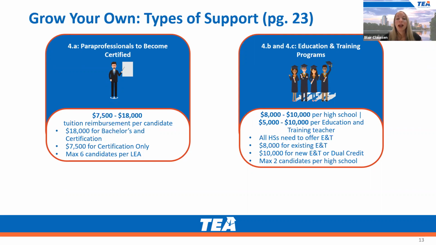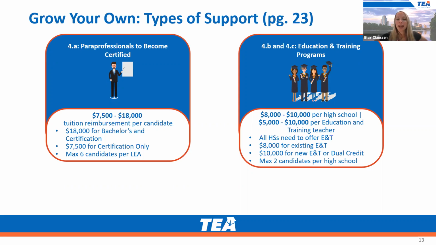In addition to high schools receiving funding, we want our most effective teachers teaching these classes, right? So to incentivize this, teachers who teach these classes will receive either a $5,000 stipend or a $10,000 stipend if they're teaching these classes for dual credit. The district will also receive an extra $500 or $1,000 per candidate to use for those administrative and/or indirect costs. There is, again, a maximum here. It's 2 stipend recipients per high school.